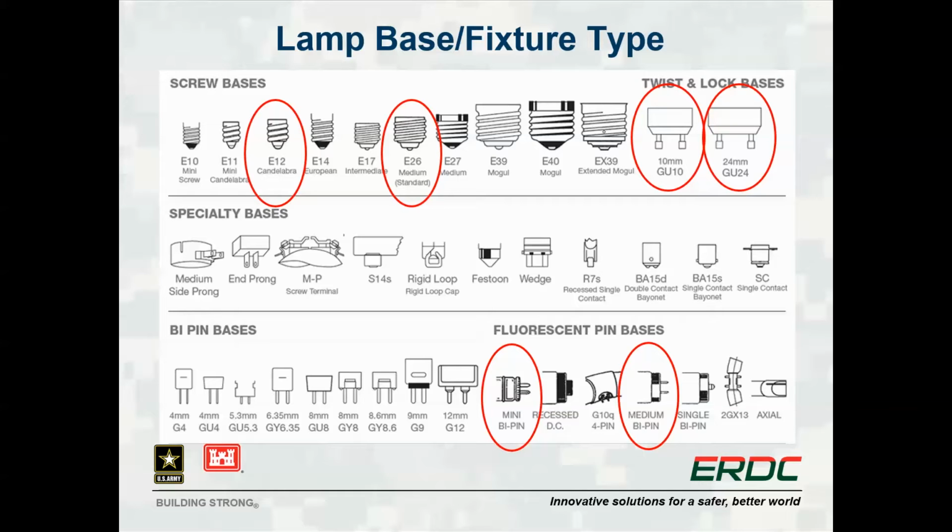To the right we have the twist and lock type bases. These too are used with spot or directional type lighting. This type of lighting would be found in auditorium spaces or any space where lighting is being used to highlight a person or object. We're going to skip over the specialty bases and bi-pin bases and look specifically at fluorescent